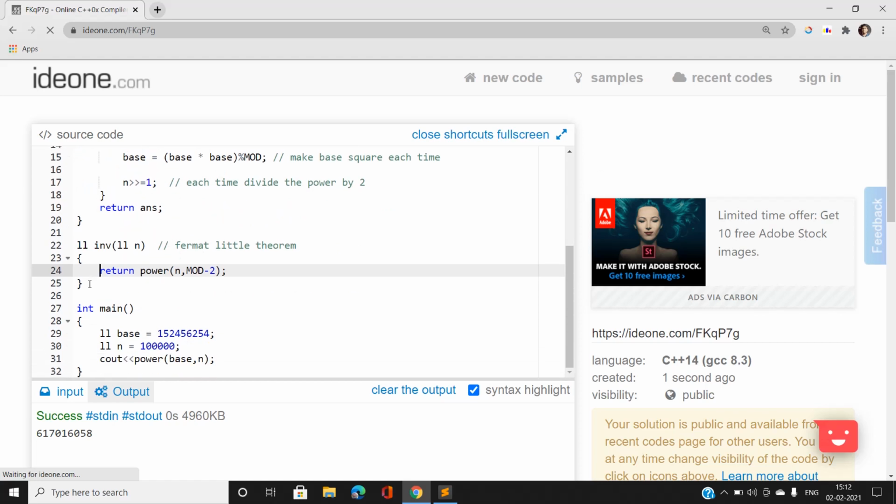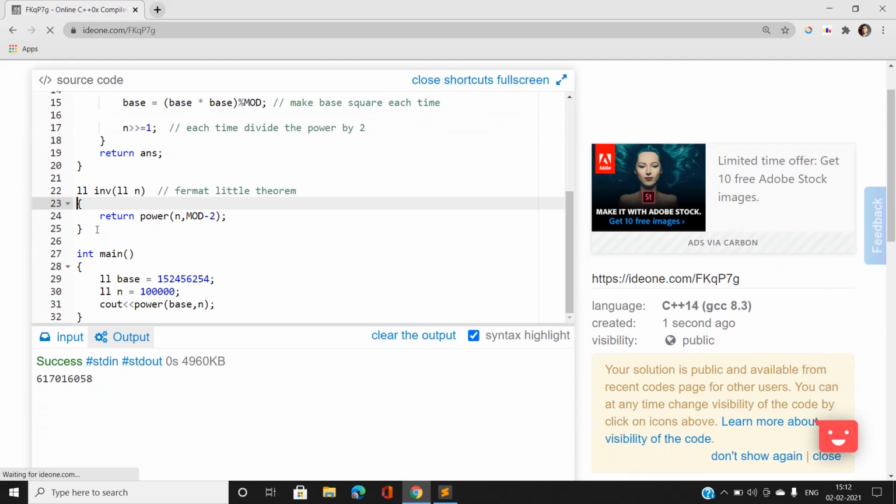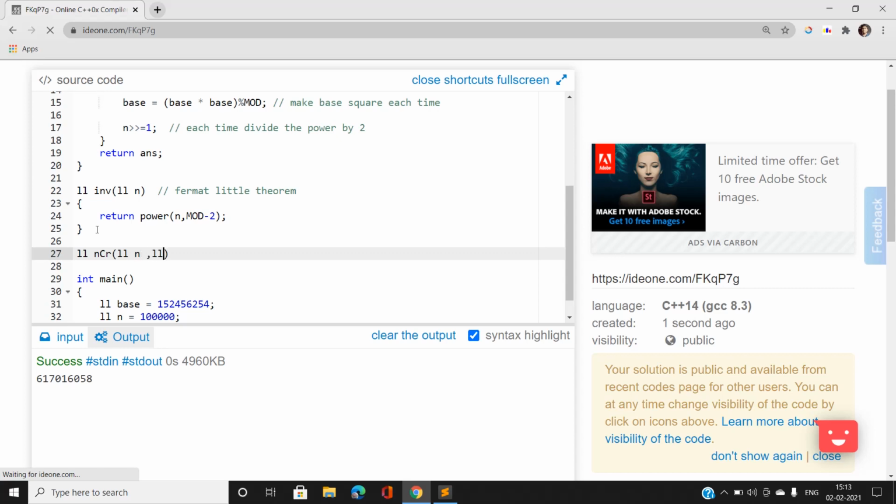Also we can calculate the value of NCR. Note that we can calculate the value of NCR with given n and given r. Suppose we have already built a factorial array. So what we are going to do is calculate first our numerator, which would be the factorial of n.